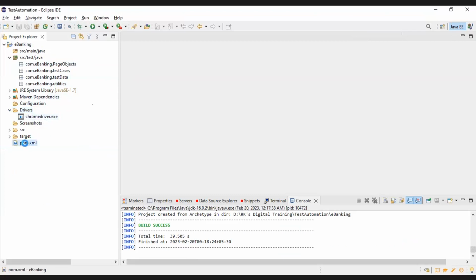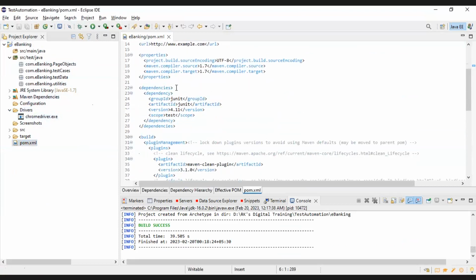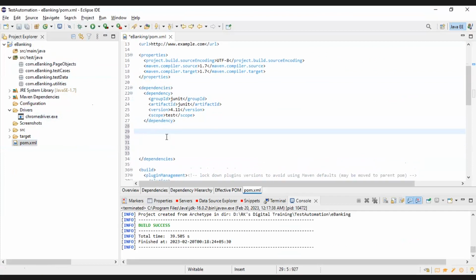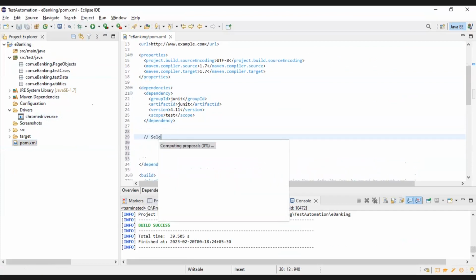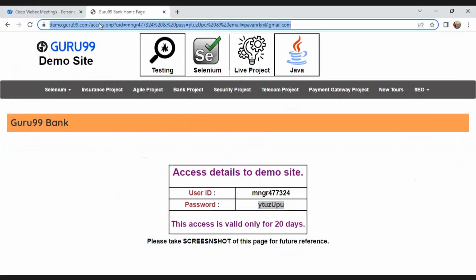And now if I go to pom.xml, you see this is the skeleton or the structure of the pom.xml file. These are all built in, you need not change anything. If you see, there is a section called dependencies. Here you are going to add all the respective dependencies. First of all, I wanted to add all the dependencies for Selenium Java related files. So what do you mean by Selenium Java? If I wanted to add anything, what I have to do is go to the browser, and there I have to write